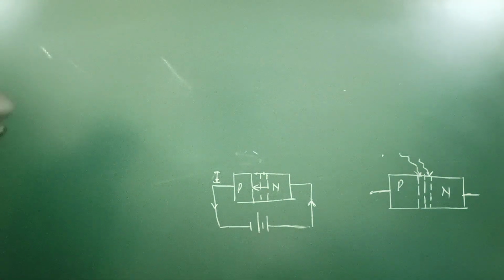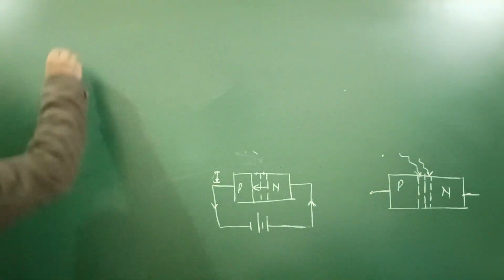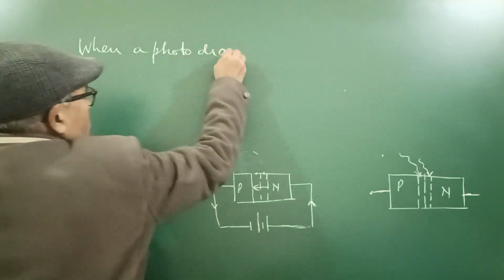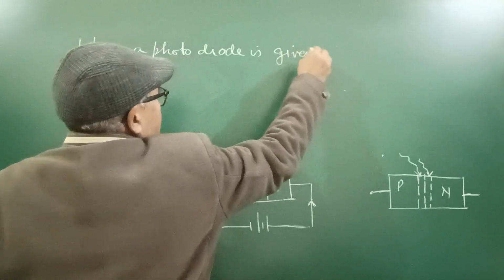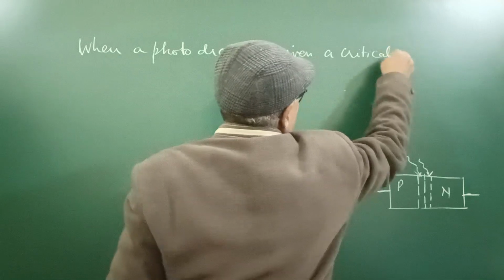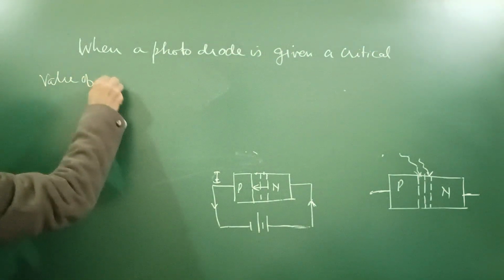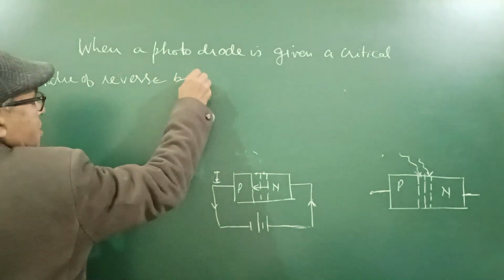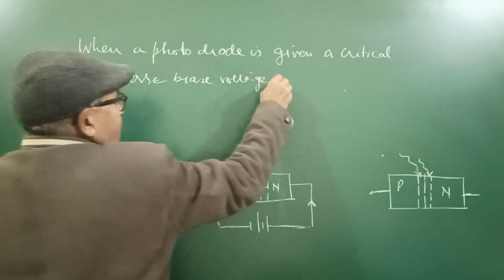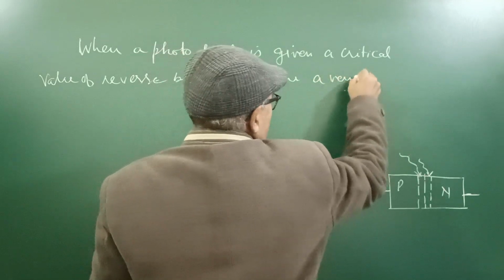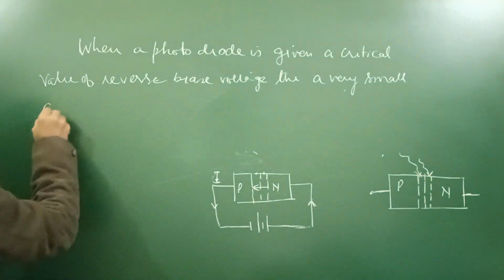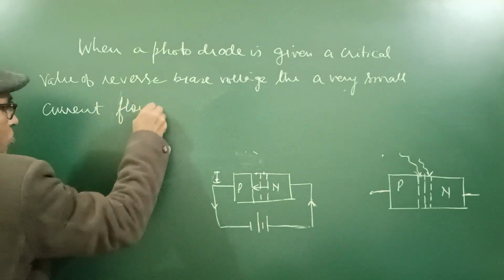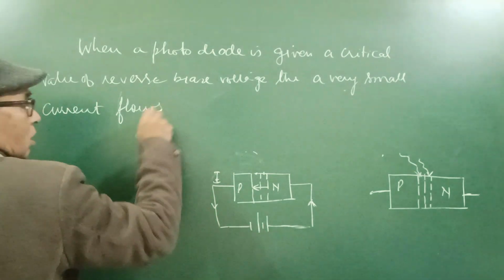So, when a photodiode is given a critical value of reverse bias voltage, then a very small current flows, as shown here. Here current flows in the circuit,